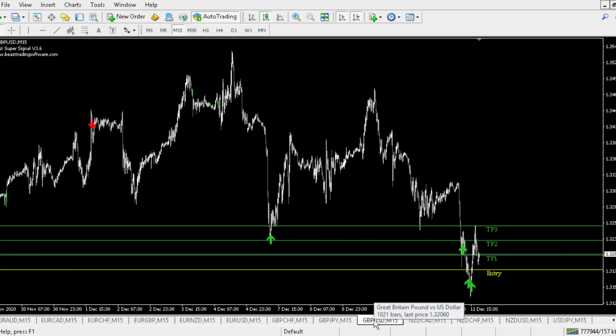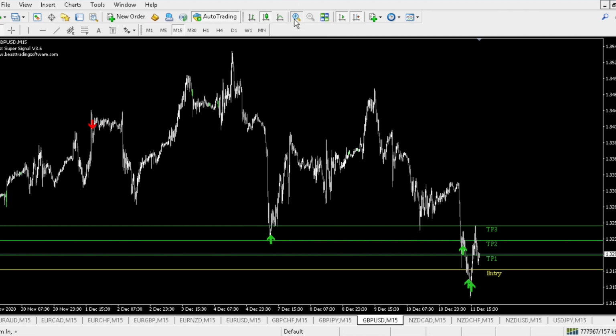And for those of you who like to trade cable, otherwise known as the British pound, looking back, we had a good sell signal last week, which was a win. We had a buy signal last week, which was also a win. Again, we had a signal here, which was a loss, unfortunately, but then we did have two buy signals here,